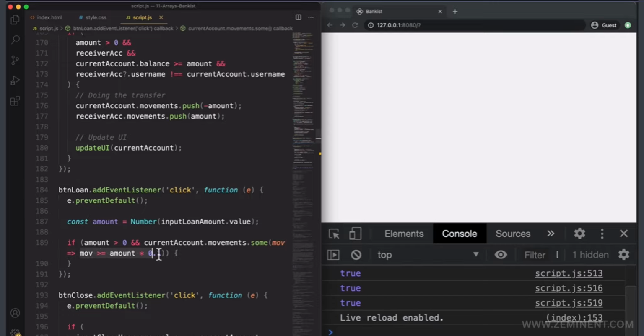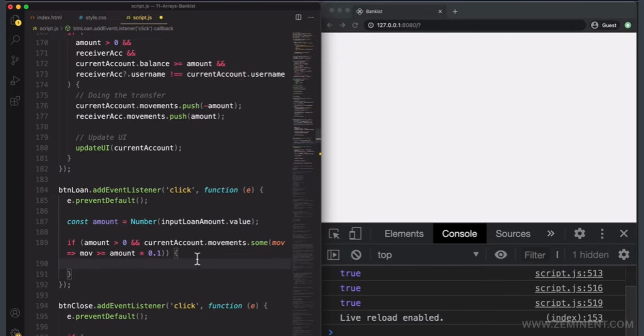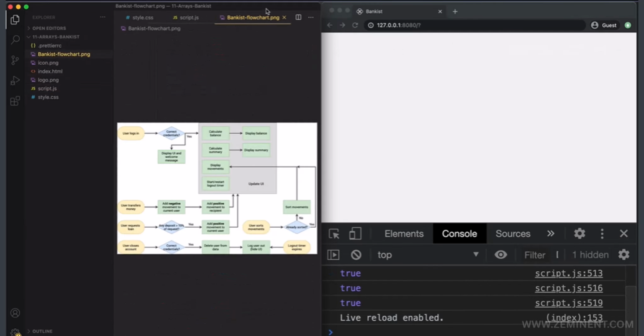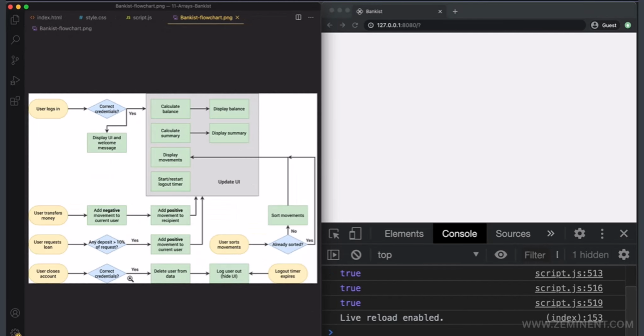If at least one of the elements in the movements array has this condition, so it's true. So basically it's greater than 10% of the requested amount, then all of this here will become true. And so the some method is perfect to be used in this condition like this. So when we need to test for something, so in this case this is true, and I closed our flowchart again. And in this case this is true, then add a positive movement to the current data and update the